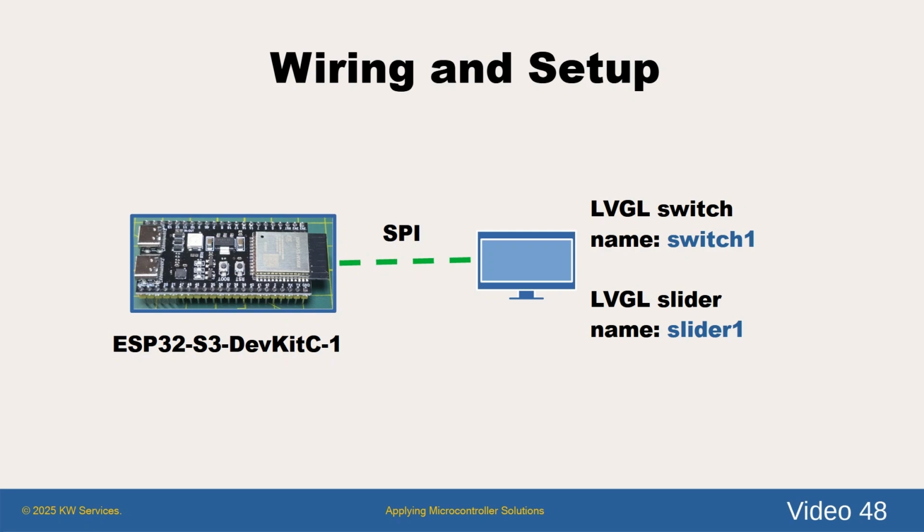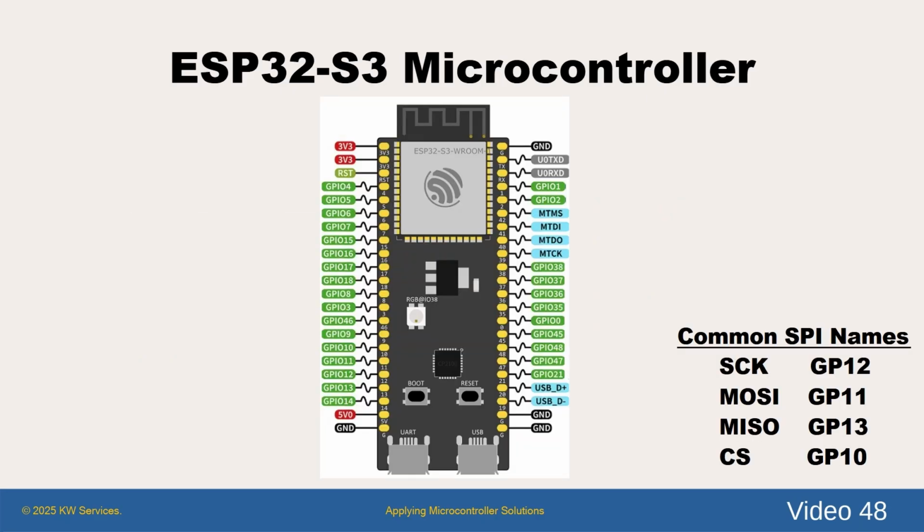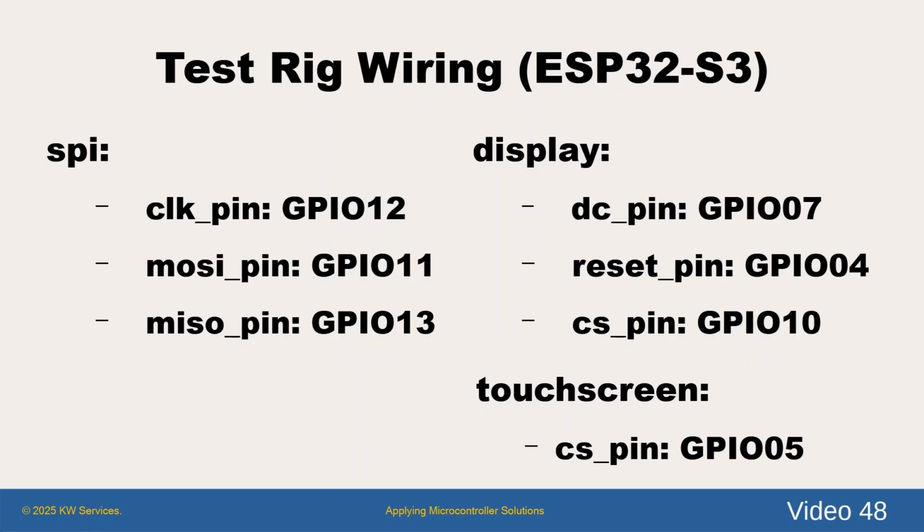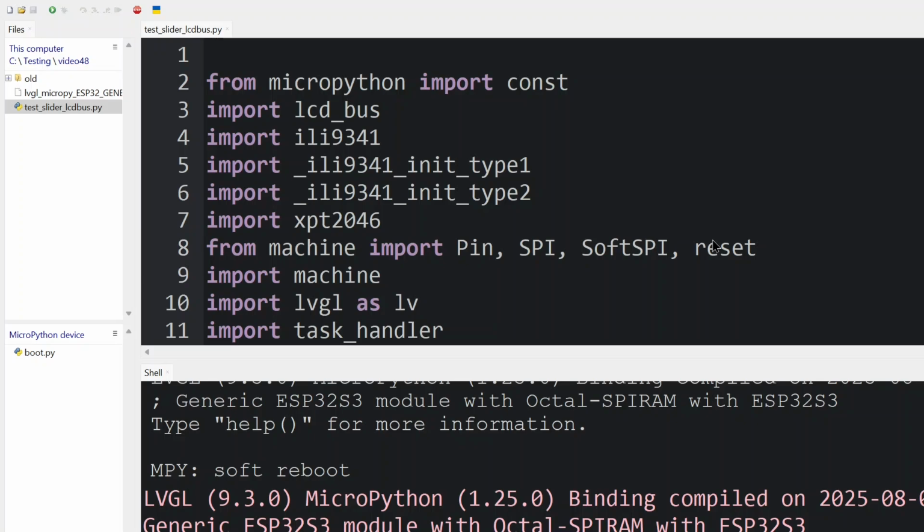We placed the ESP32 USB board in a test rig with the ILI9341 display. Now we need to connect the wires. Here's a picture of the ESP32-S3 module and its pins. Our ESP32 communicates with the display using the SPI wires. You can use any pins for the control wires. Here's what I used. Now that the rig is wired,